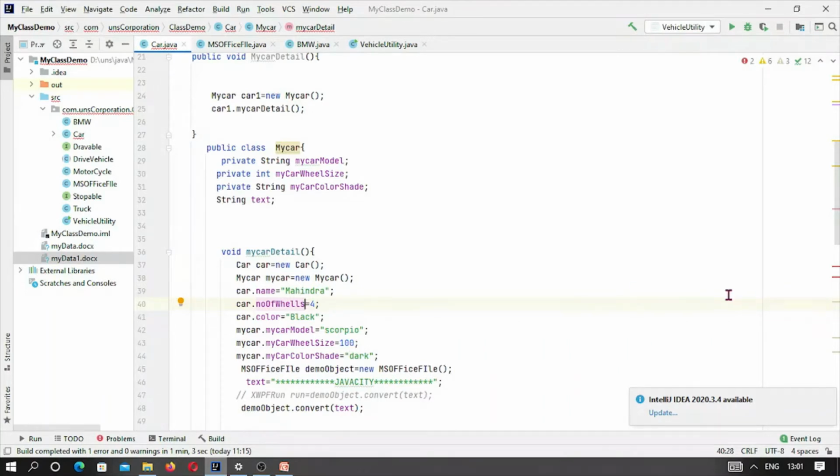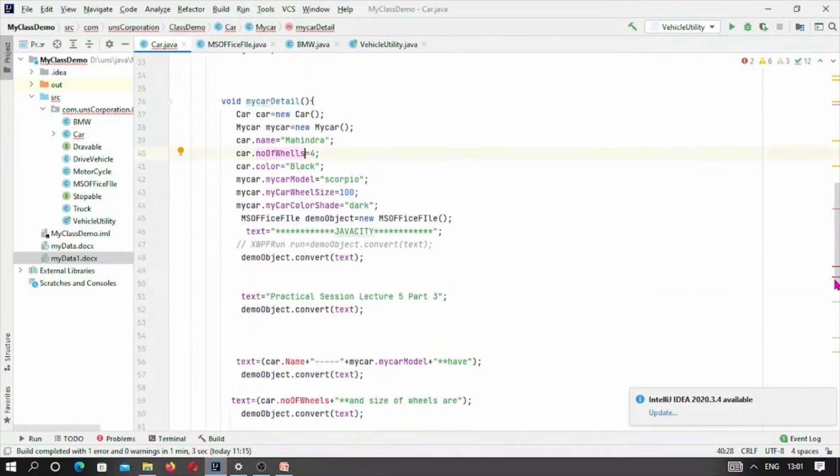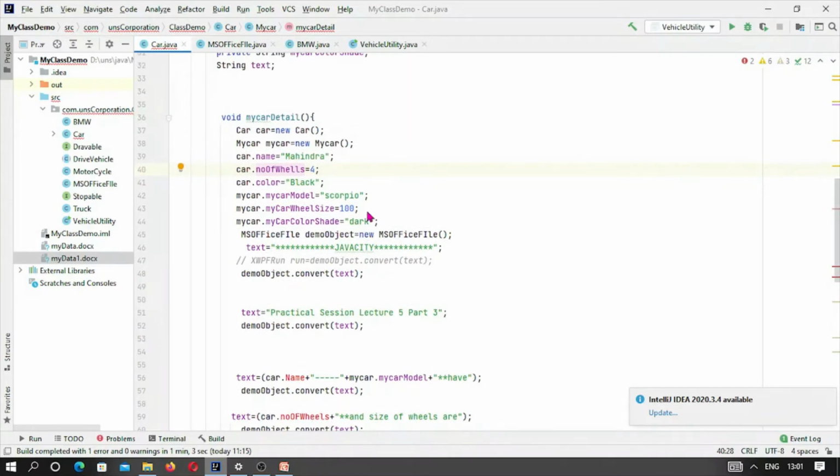Later we can use it, this should be one meter diameter, just expected. So this may be a centimeter, and my car dot my car color shade may be dark, or a light black, you may say.